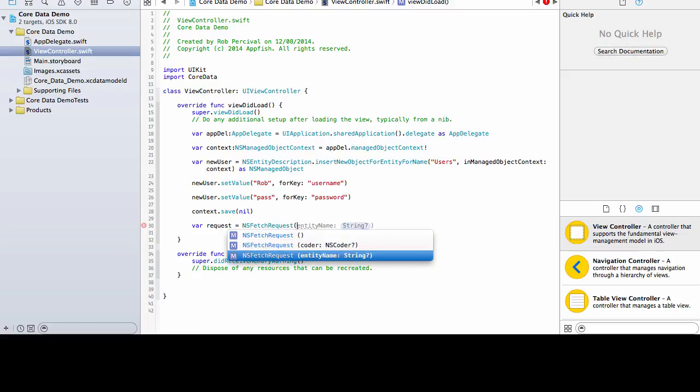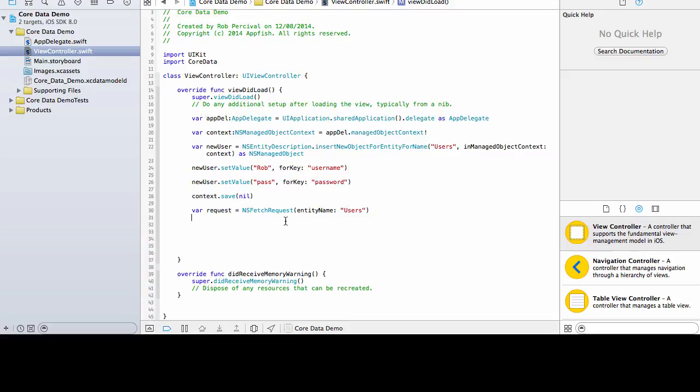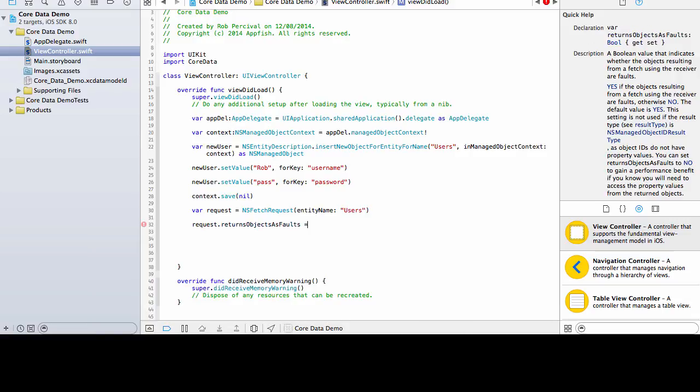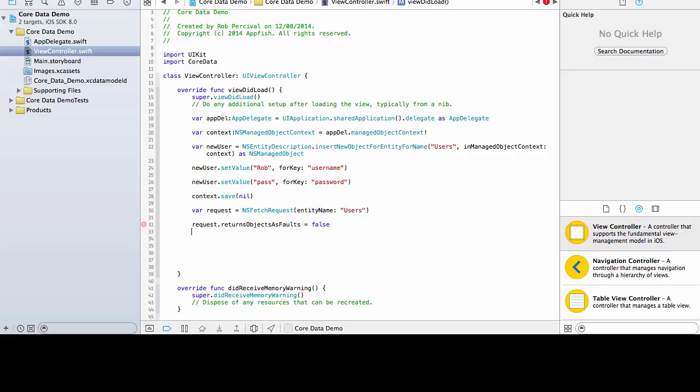And we're going to fetch it from the users entity, or the user's table. We need to add one option for this request, and that is return objects as false, which has to be false. This seems to be an issue with this version of the Xcode beta. Whether or not you need it in your code, just try it out and see if you do. You may well not, but in the beta 4, which I'm using, I do need this to correctly return the